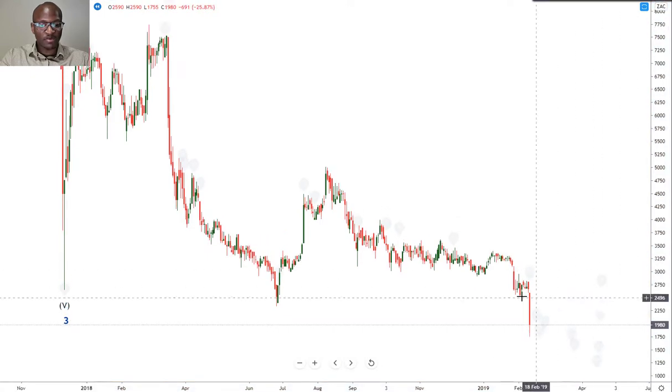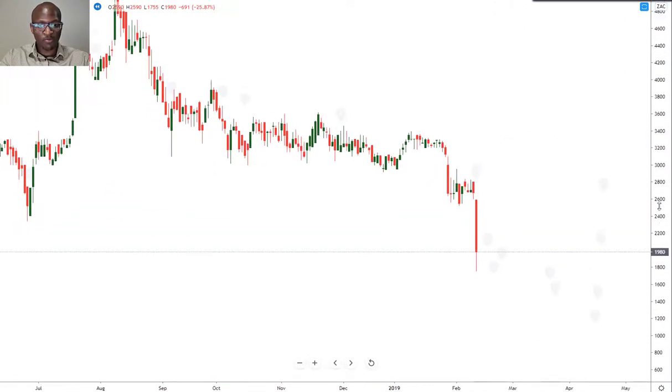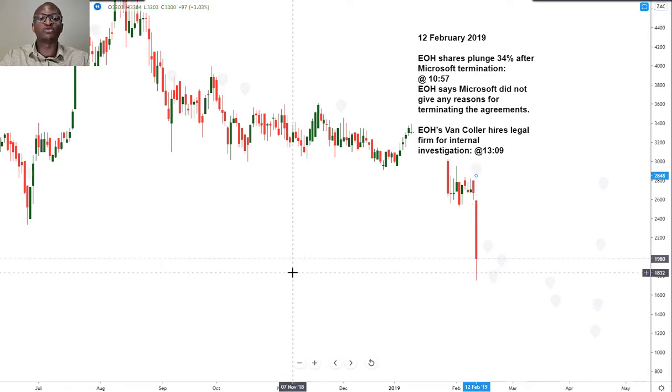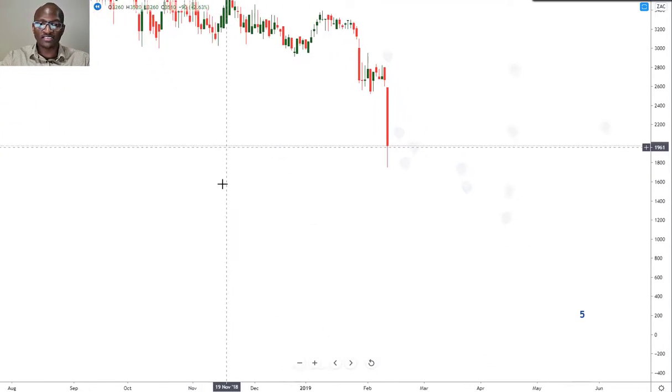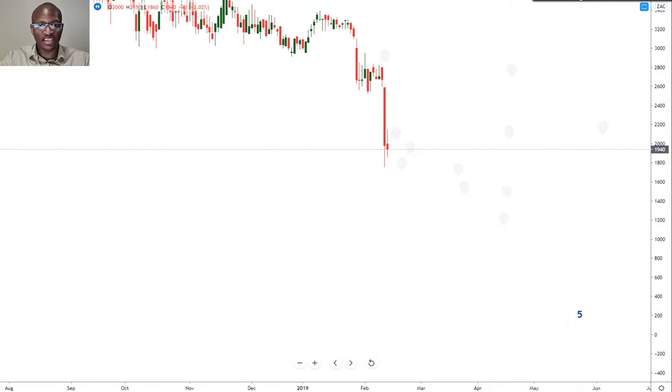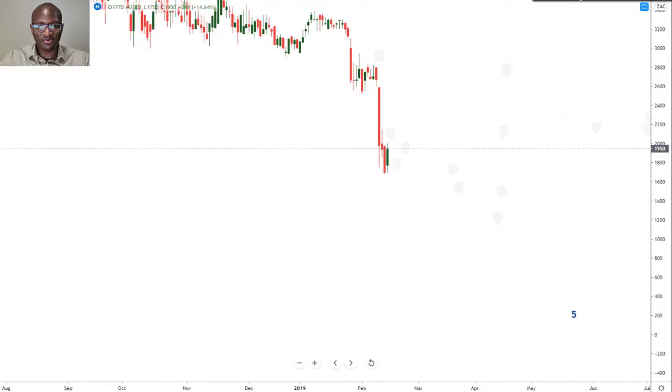And coming back to this drop on this day, there was more bad news for EOH. 12 February 2019, EOH shares plunged 34% after Microsoft termination. EOH says Microsoft did not give any reasons for terminating the agreements, and later on the day there was an article detailing EOH van Coller hires legal firm for internal investigation. So again, just more and more bad news, and as the days progress,